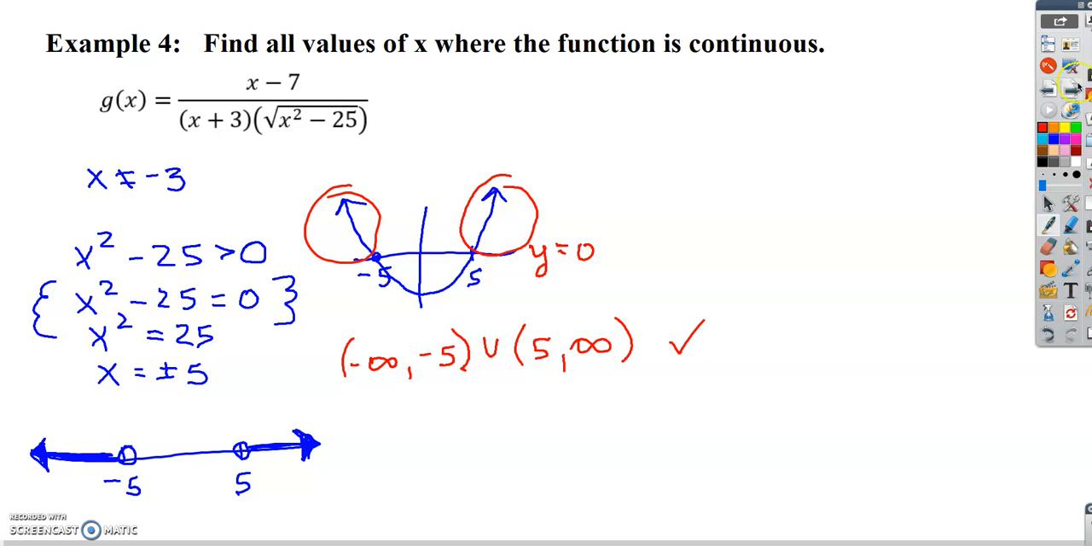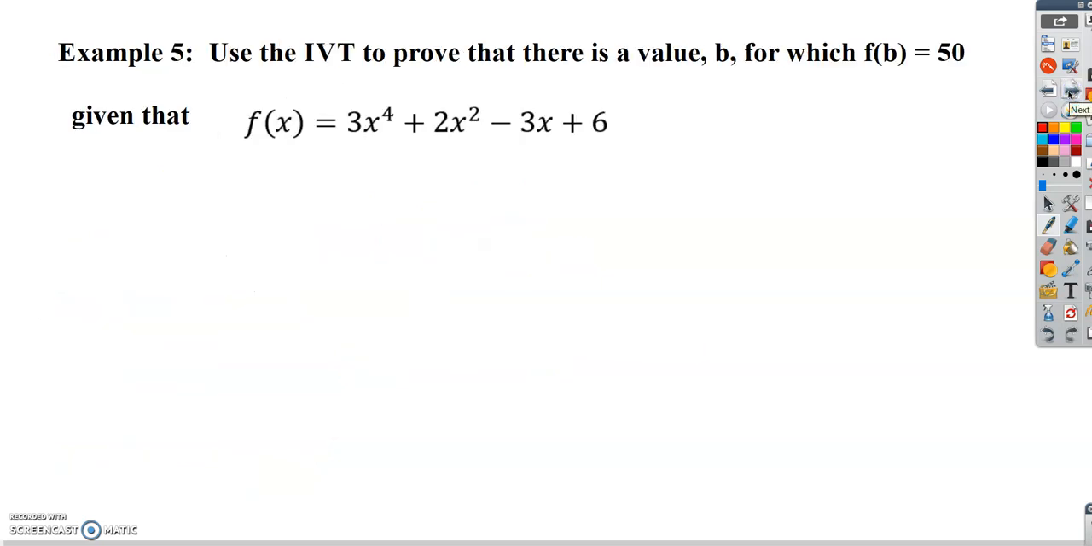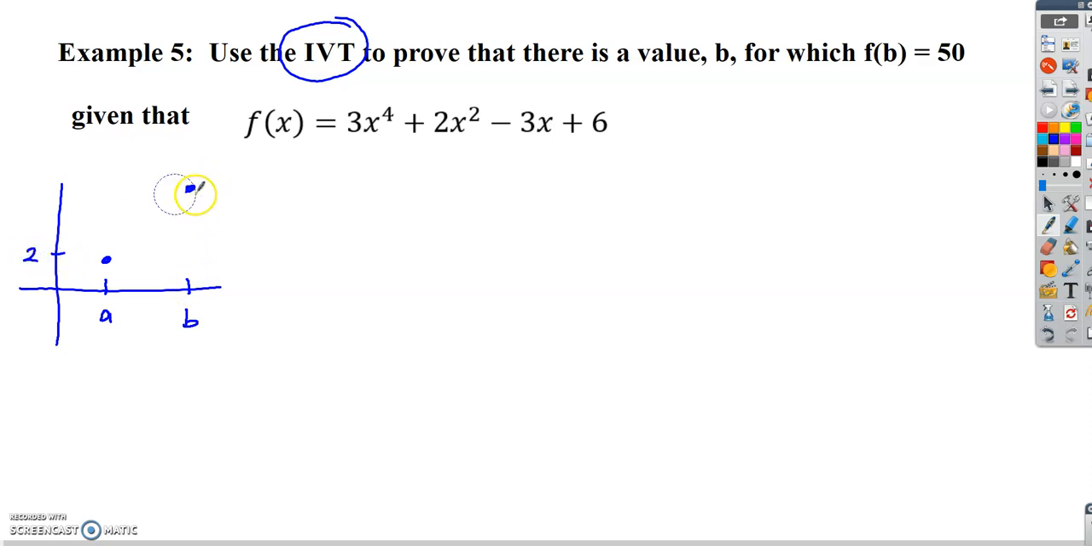Okay, our last little example uses something called the intermediate value theorem, and you should have talked about this last year, but the intermediate value theorem is basically this. If I show you graphically, I think you'll have an easier time. It says if you plug in two different values for x, and I'm gonna just give some arbitrary y values. So maybe when I plug it in here, I get a 2, and then maybe I plug in b, I